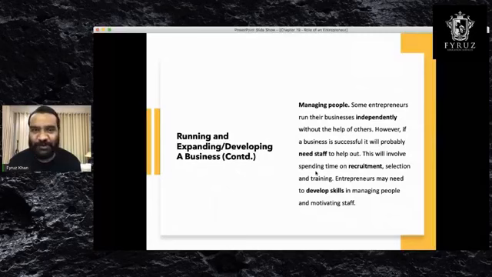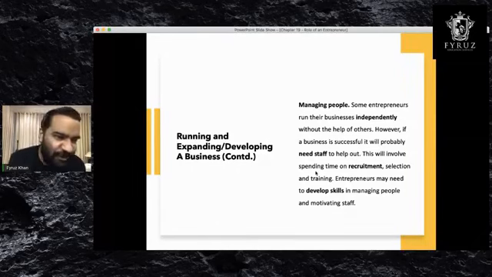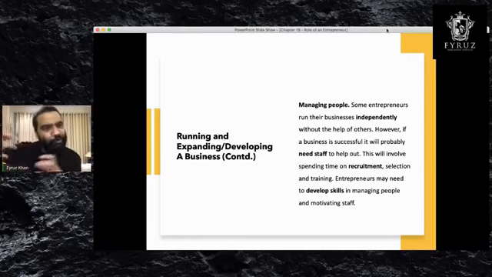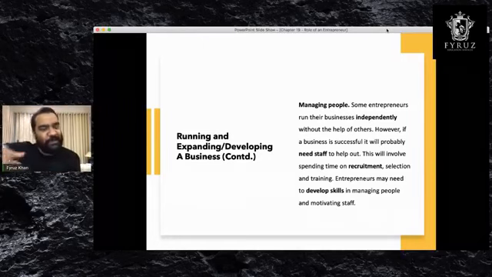In a factory, in an industry, you will have a lot more people to manage, probably 1,000, 2,000, 3,000 people. In the service sector, fewer people. But managing is quite important. Communicating with them, because if you are the founder of a company, you cannot always run behind people or tell them what to do. It has to run without the founder, independently.